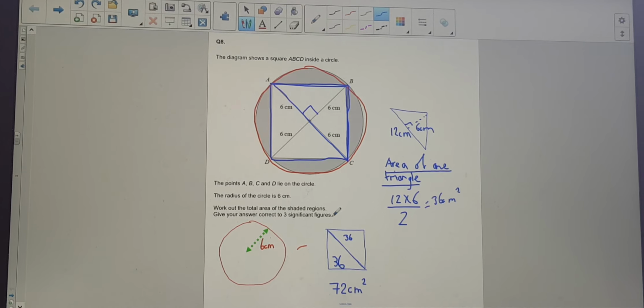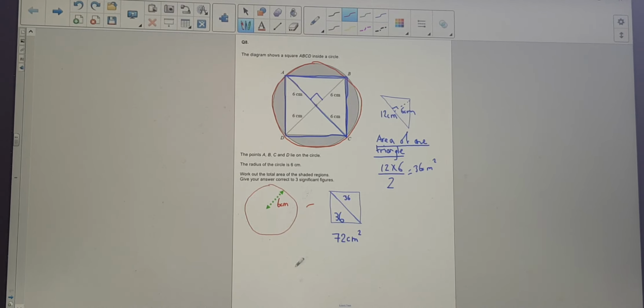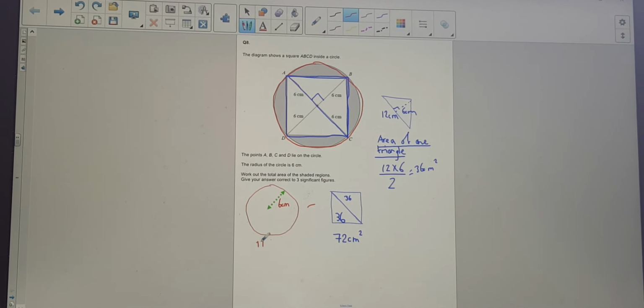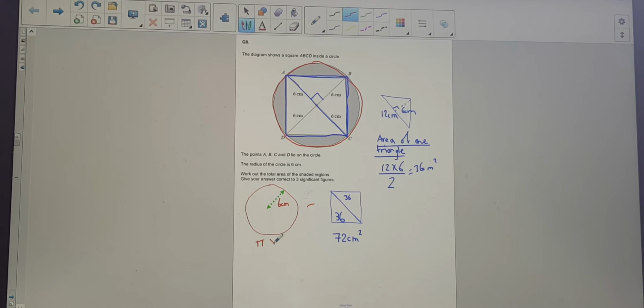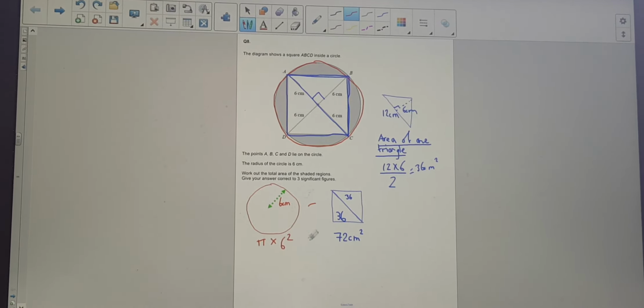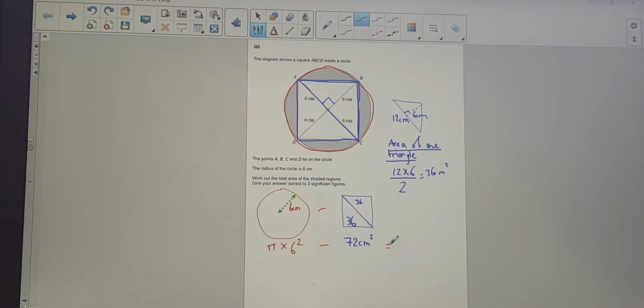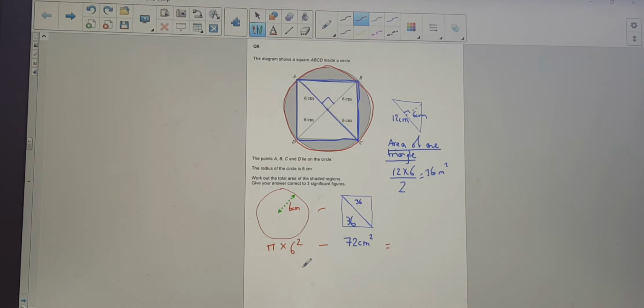It wants the shaded area of the circle. Okay, area of a circle is pi r squared. So I've got pi times, and it tells us the radius is 6 squared, so pi times 6 squared. I do the circle, take away the area of the square. On my handy calculator, pi times 6 squared, I might even just leave that as 36 pi, then take away 72 is going to give me